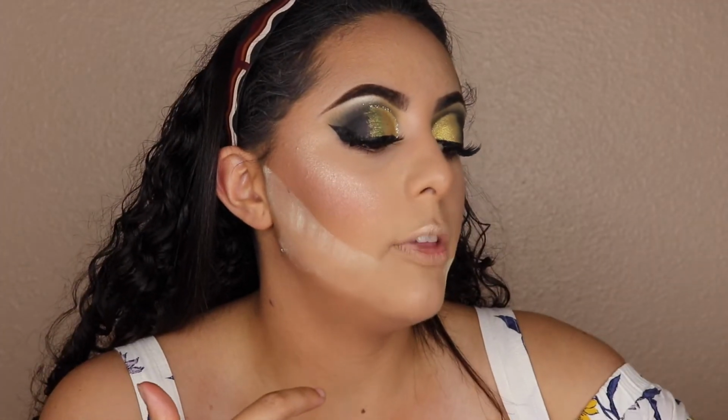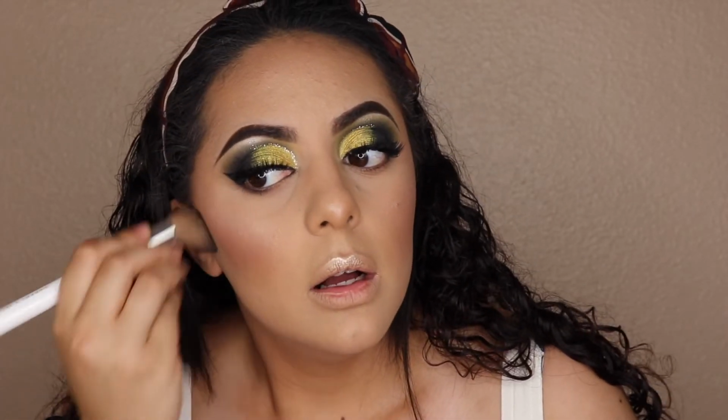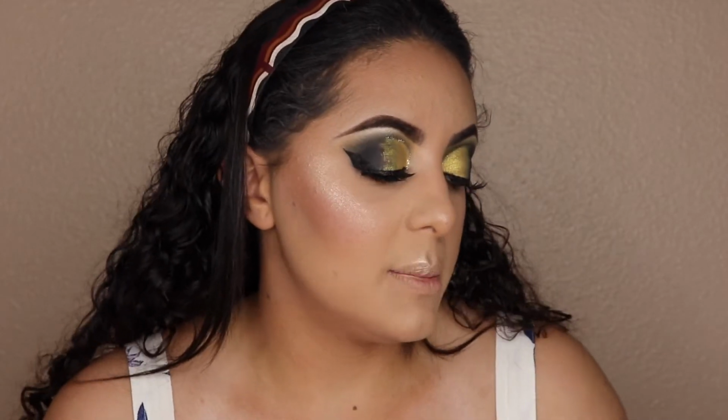So I'm gonna kick off the bake, and something I do like to use my JH05 for is to kick off bake. So I'm gonna kick it off with this brush, and I'm kind of gonna buff it in. This is pretty much the face. I still haven't done lips or under eyes, I know, but I'm gonna go in with some setting spray now,